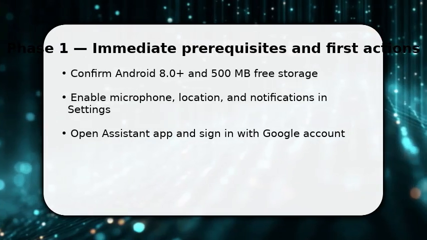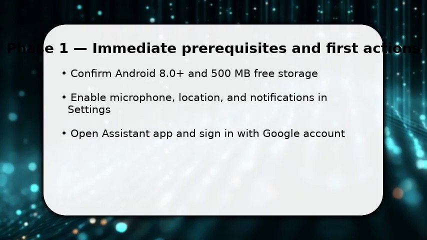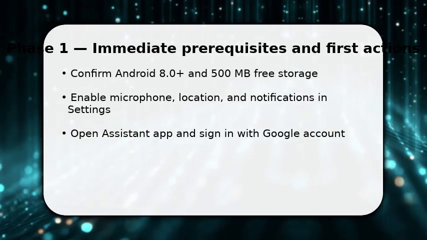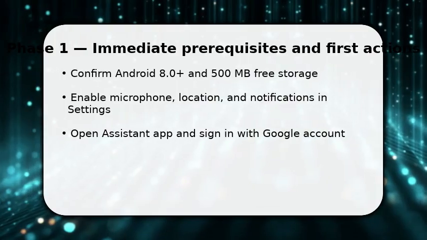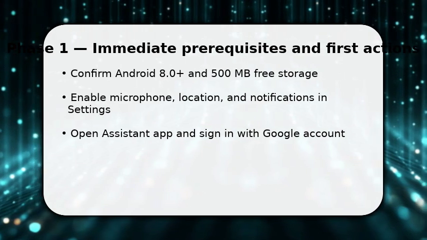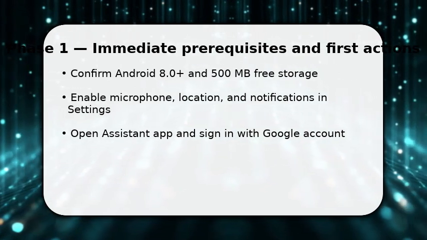Next, open the Assistant app and sign in with your Google account. This links preferences and voice model. Make sure to grant notification access so responses surface quickly. Now tap the mic to train recognition, or say the wake phrase to confirm audio is captured, and the assistant